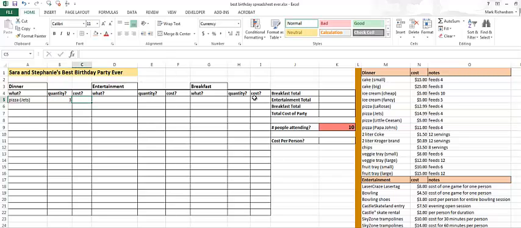And then where it says cost, we want to have a formula, because we want to be able to adjust this. Maybe your parents aren't going to let us invite that many people, or maybe they're going to let us invite more people. So our formula for the total cost of pizza would equal, remember how we do that, equals, then we put our quantity, because that's a variable that might change, and then we want to multiply it by the cost of jets, which is over here in column N,